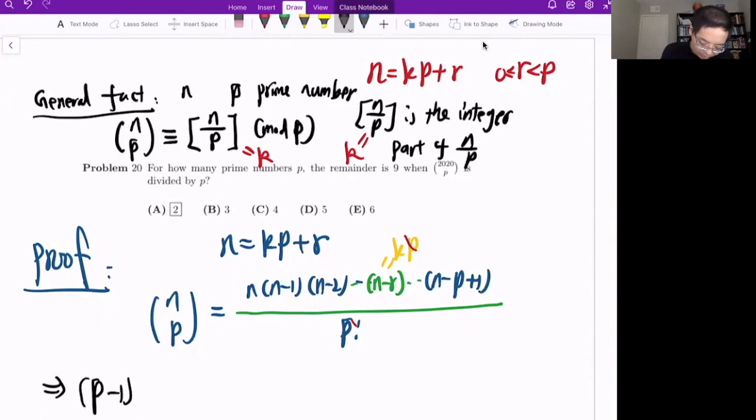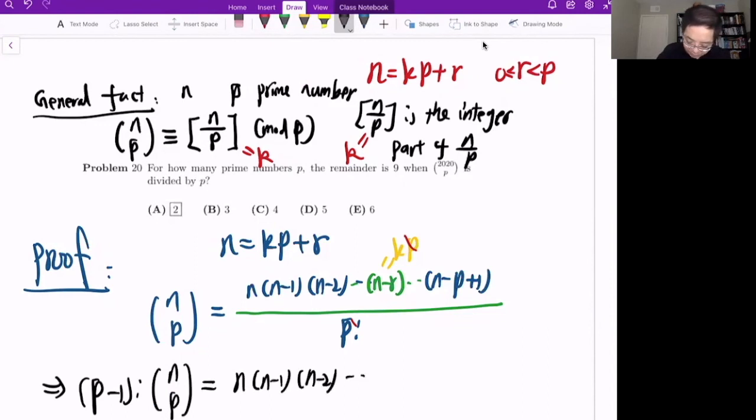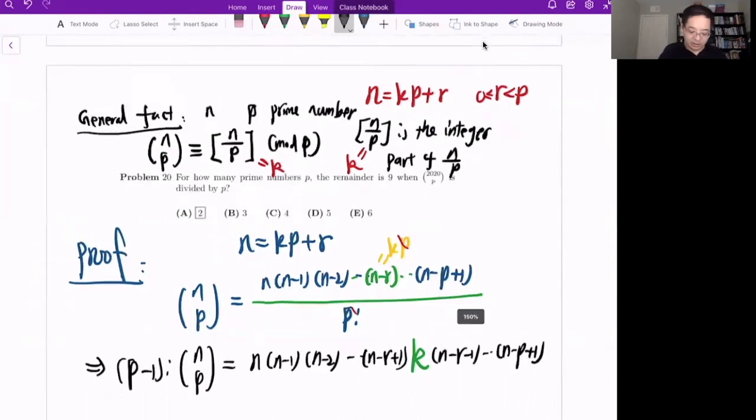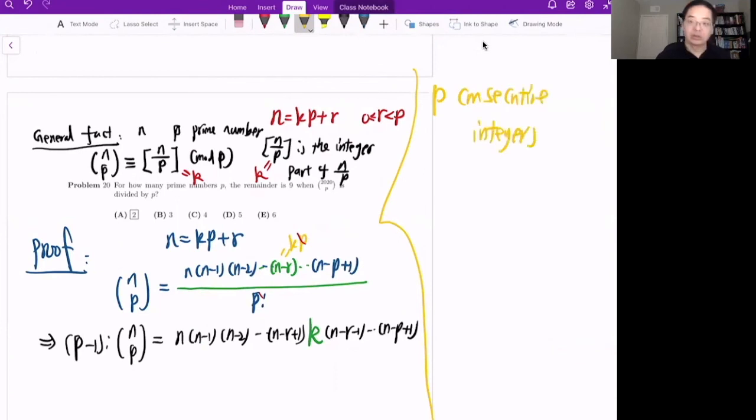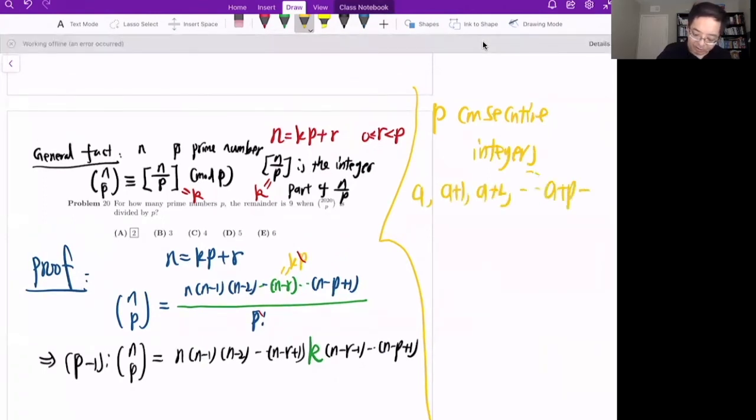So I have P minus 1 factorial times n choose P equals n times n minus 1, n minus 2, and then to this. Okay, so here is n minus R plus 1, and times this special number, that's the K that is left, right? Okay, we have this is n minus R minus 1 and all the way to n minus P plus 1. Now let's recall, say I have P consecutive integers,